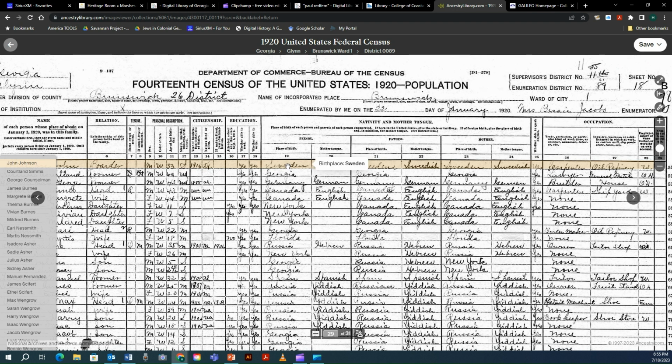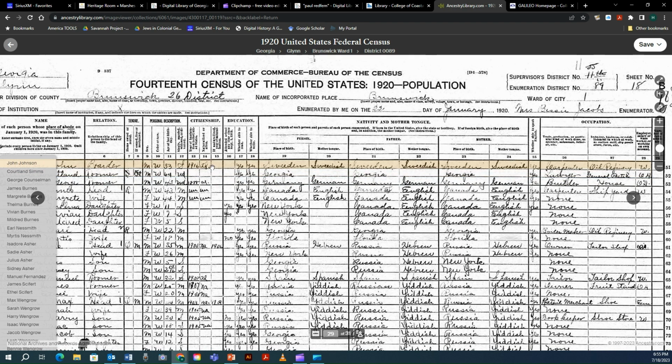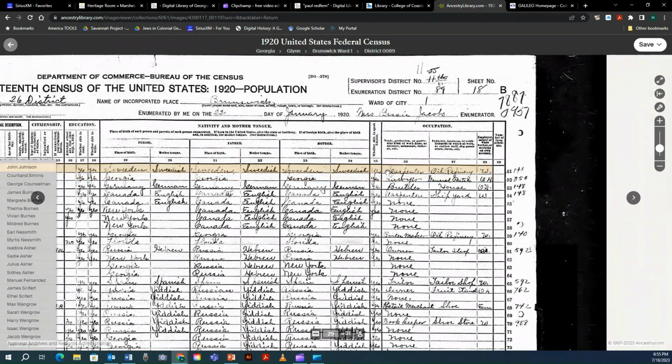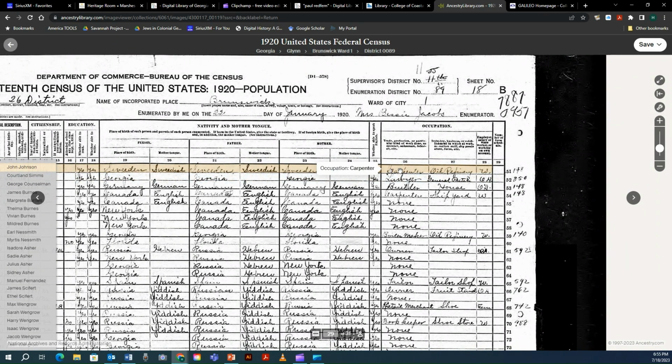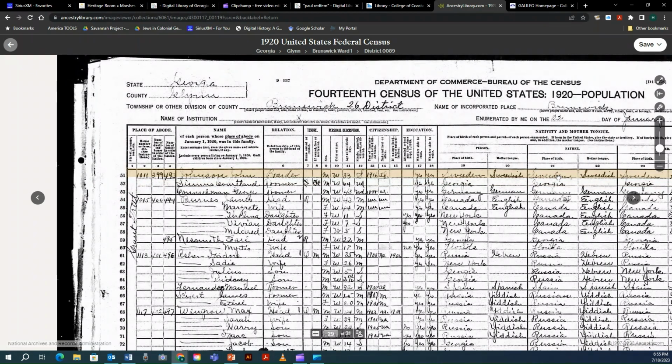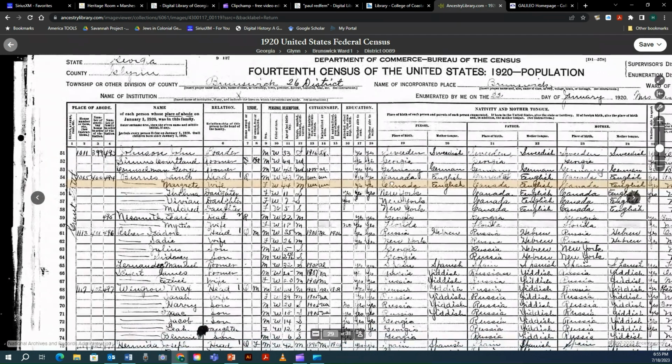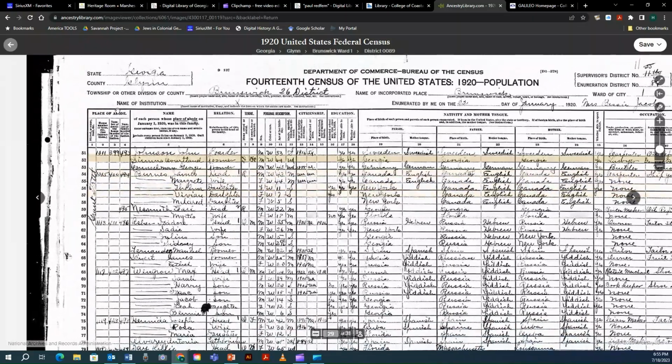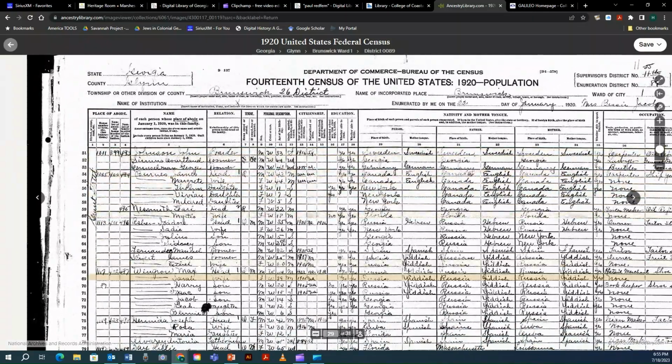John Johnson was from Sweden, and spoke Swedish. And he came to the United States in 1916, so he's been here for 4 years at this point in the story. He can speak English. His occupation is a carpenter, and he works on an oil refinery. So again, the digital version makes it easier on the eyes to allow you to find the information that you need. Now, again, if you look at this census data and it follows down Grant Street house by house,